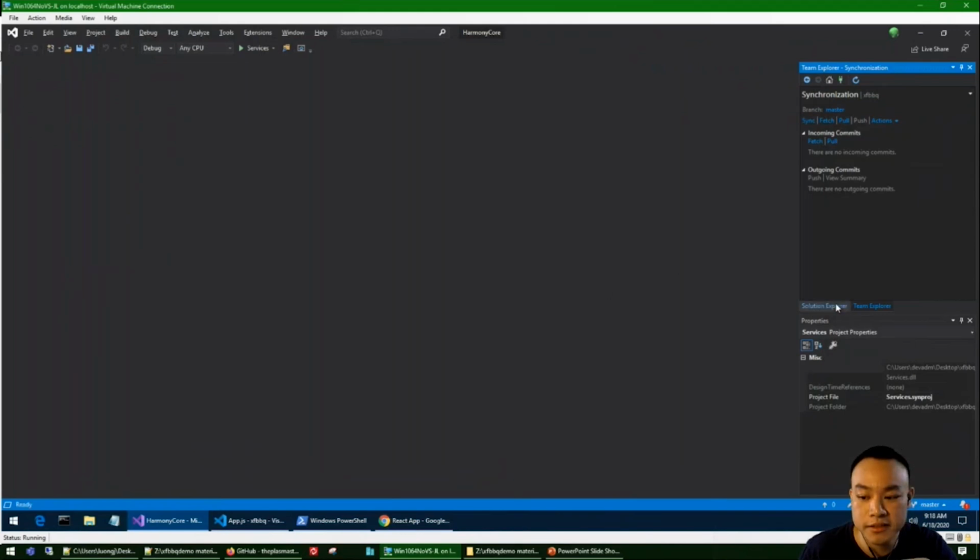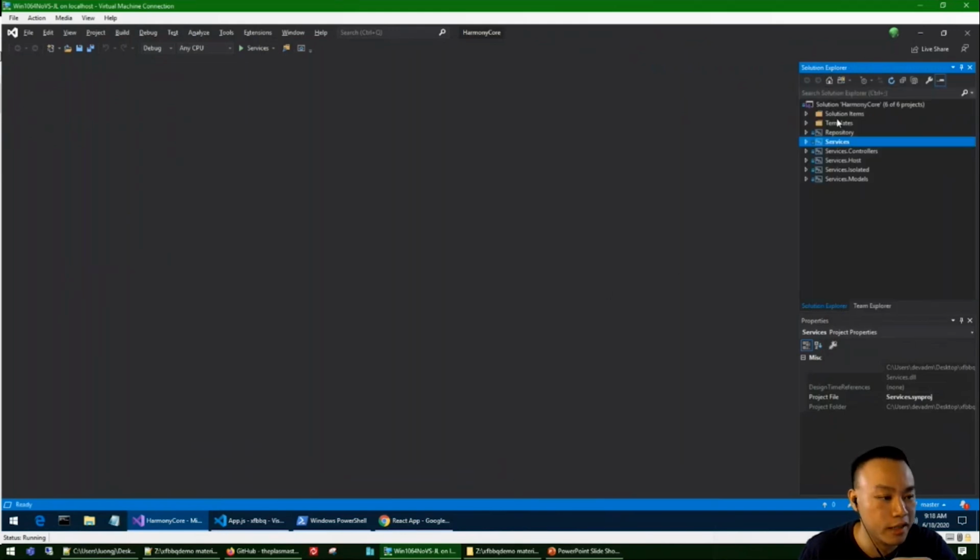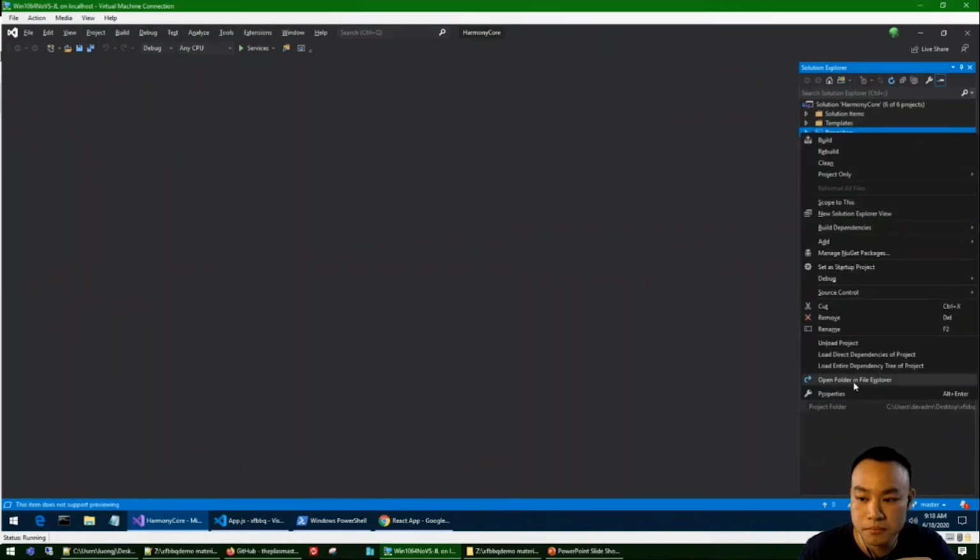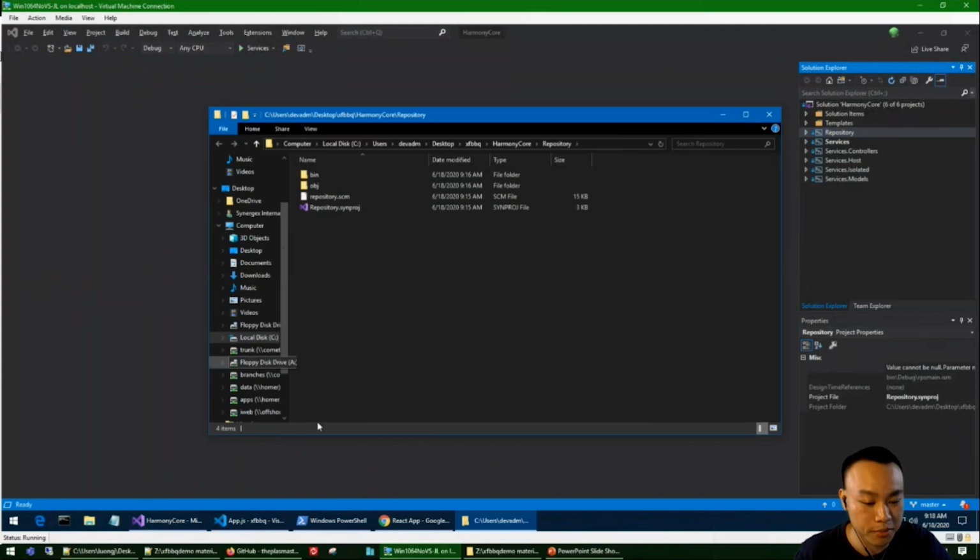Okay, so we're going to set up Harmony core now for xfBBQ. What I'm going to do is start replacing some files here.